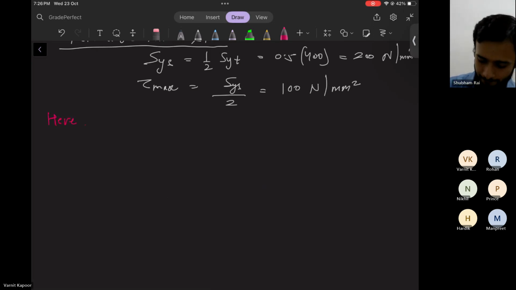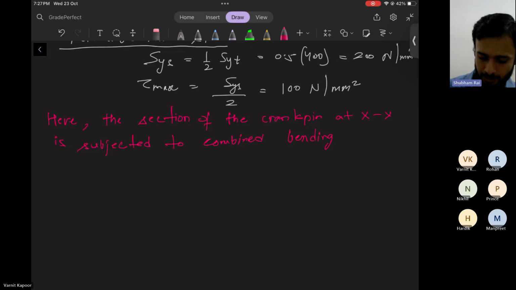Here the section XX of the crank pin is subjected to combined bending and torsional moments. Okay. At the section XX,